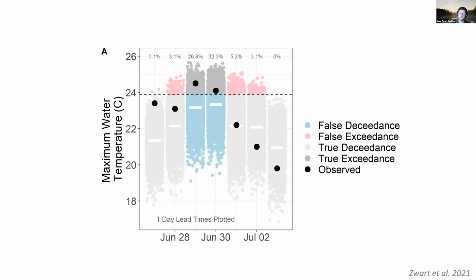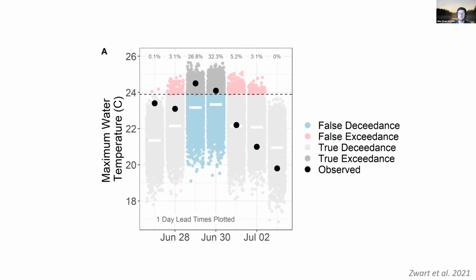We can also color code them by whether it's a false decedence, a false exceedance, a true decedence, or a true exceedance. So we would hope that the model would be in gray. True exceedance is the darker gray, true decedence is the lighter gray. The model is predicting a little bit colder than expected if it's in blue,